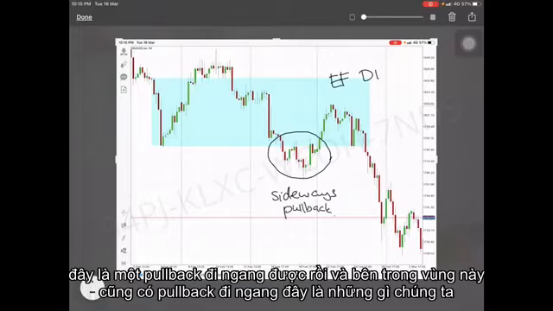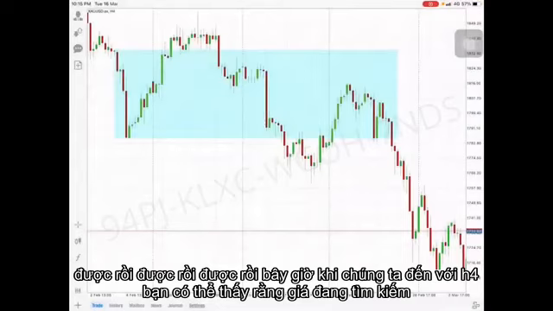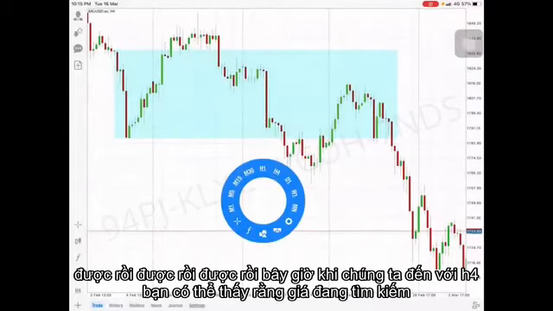Okay, this is a sideways pullback. And inside of the zone, there's also sideways. This is what we are looking for, right? Okay, all right. So now, when we come to the H4,